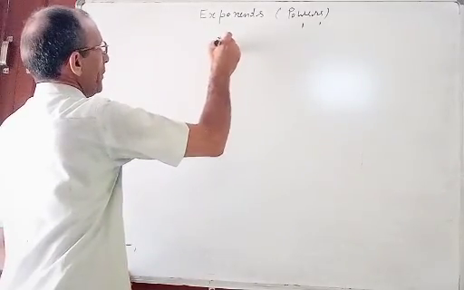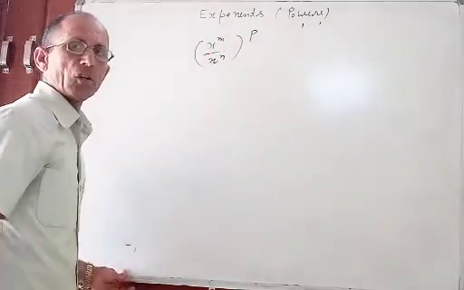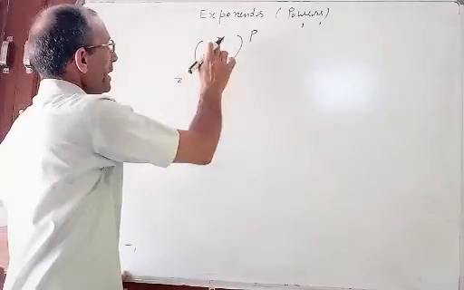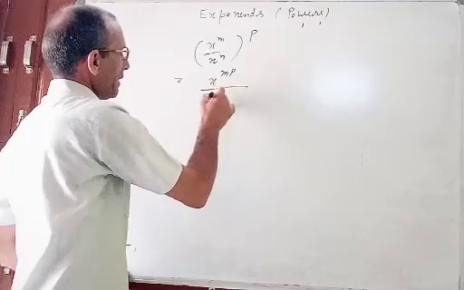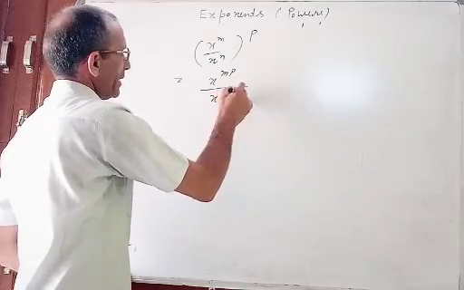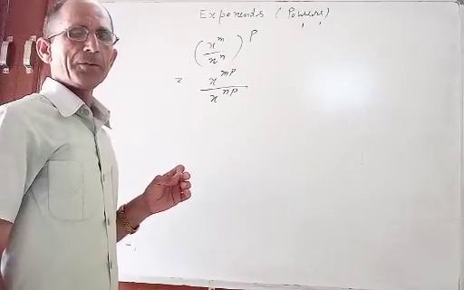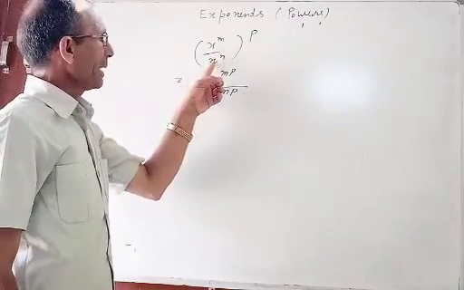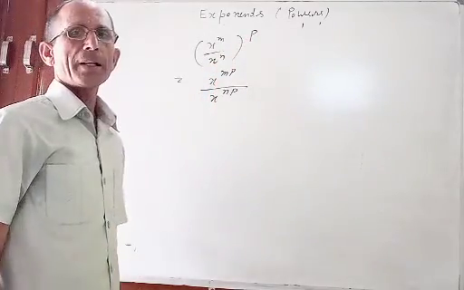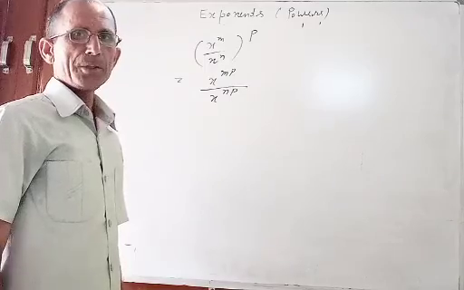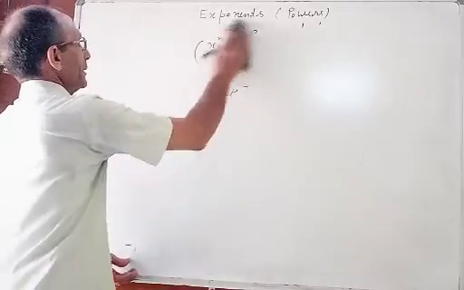Next, x raised to the power m by x raised to the power n, whole power p. It means it will be the power of mp and np. So it will be multiplied with both. Any doubt, any confusion? So x raised to the power mp, x raised to the power np. Understood? Okay, now some questions related to exponents.